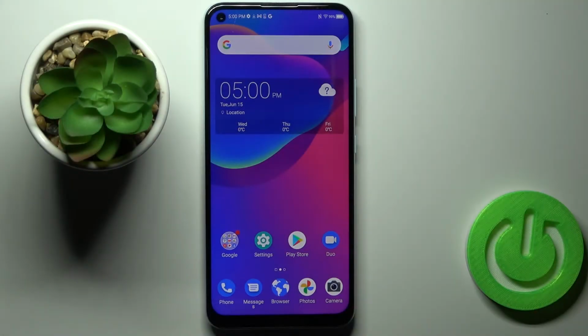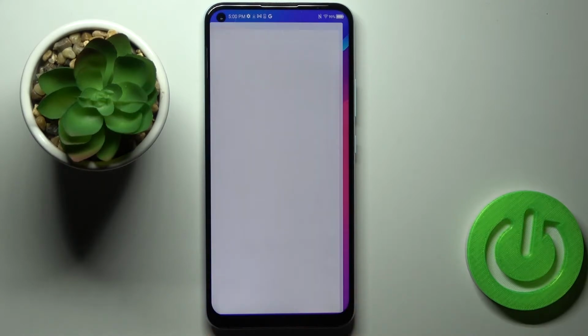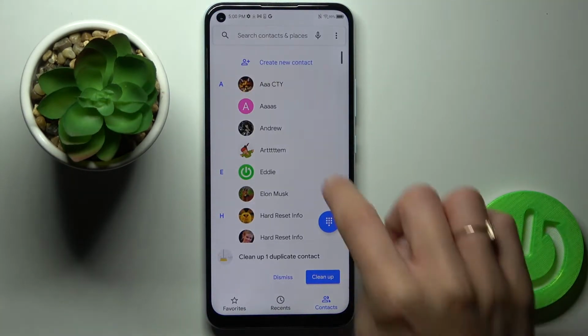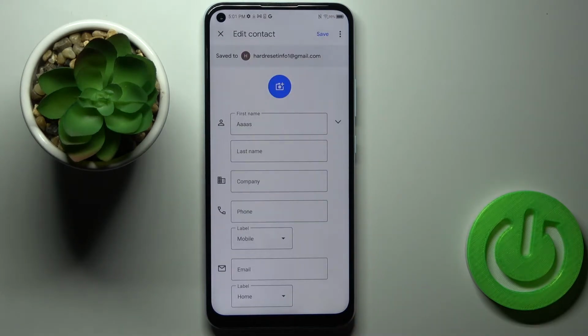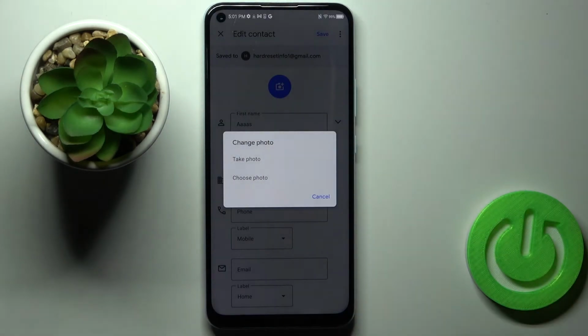In front of me is ZTE Blade V2020, and let me show you how to add photo to contact on this device. So first of all, you need to open your phone gallery, then select the contact that you would like to add this profile picture to, select Edit Contact, and now click on the camera icon here to change